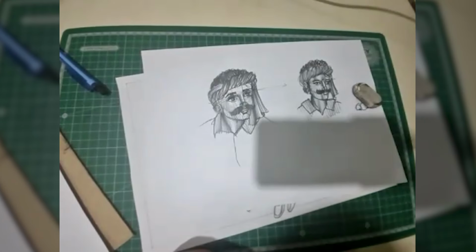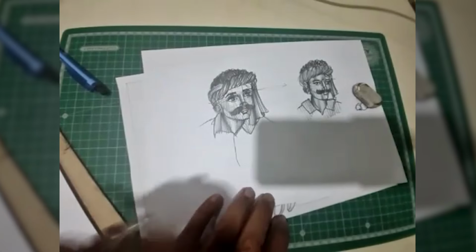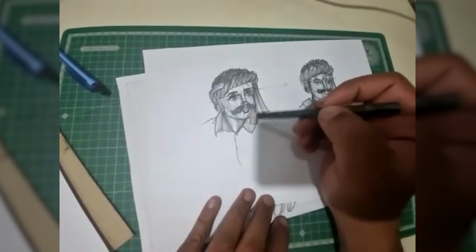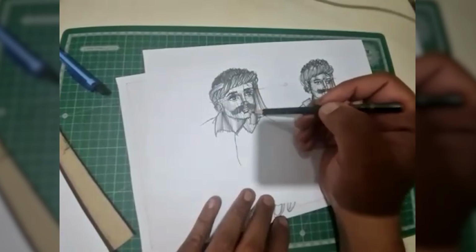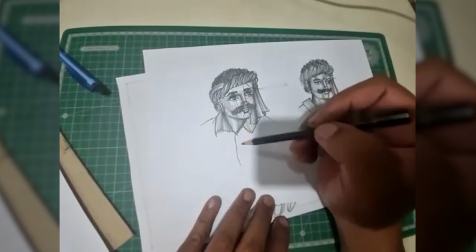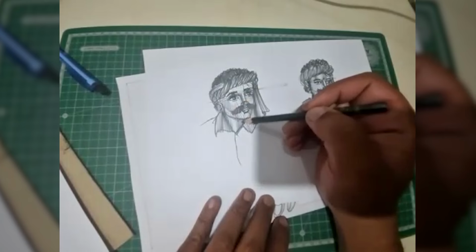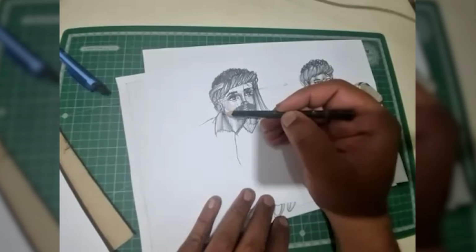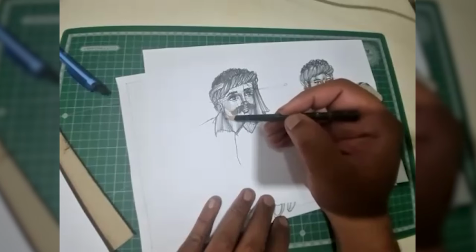Sir, on the right side of the character, how are we going to make the curve of the neck? If we are making the curve of the collar, the neck won't be visible because it's being hidden by the face and the jaw. So his shoulders are up. That is the reason we cannot show the curve here. But obviously the curve will come from this side and just a little bit will show.